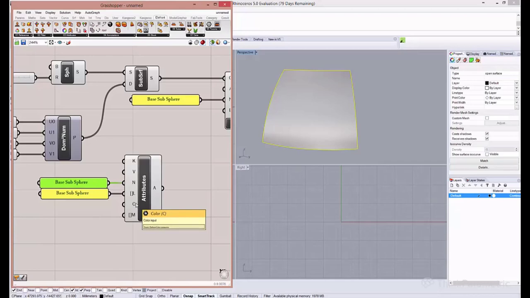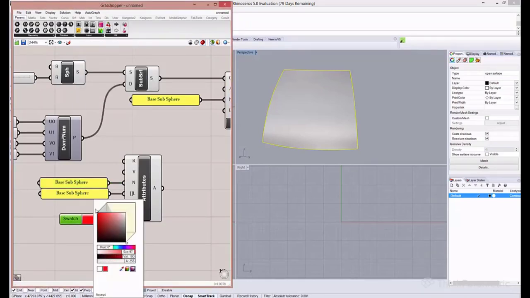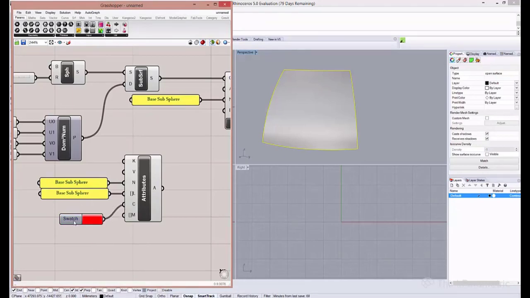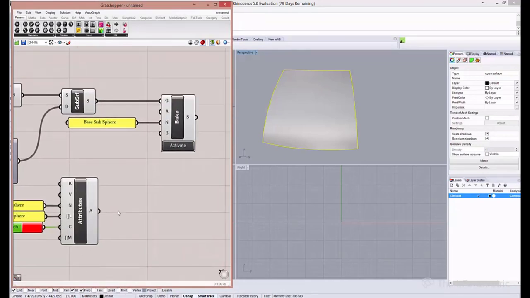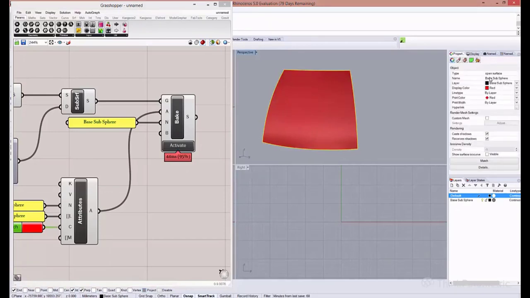And we can specify a color. Why not? Go to params, input, color swatch, nice color, bright red, assign it as the object color. Now we can connect these attributes to the bake component attributes input. And now when we hit bake again, we'll get the nice red surface that has a name base subsphere. A new layer was created, base subsphere. This object